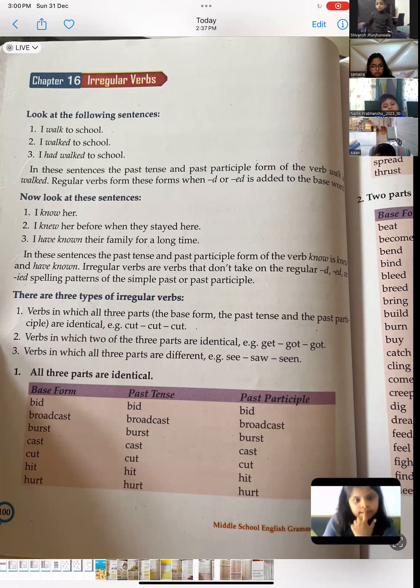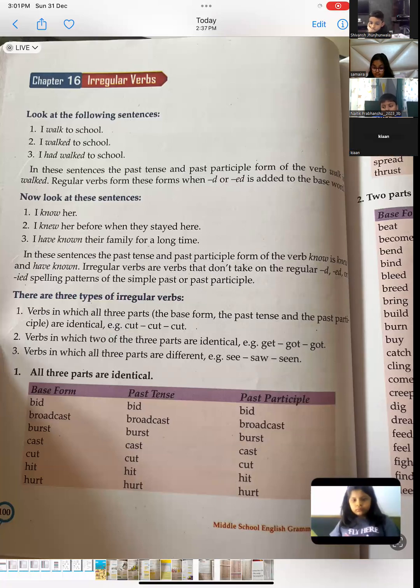We will be going through a few of them today. In the present form, we say bid, which means I bid you farewell. Past tense is bid and the past participle, when we include have before any verb, is also bid. Broadcast, broadcast, broadcast. Broadcasted is not correct. You know what broadcast means? When anything is getting featured live on TV or radio